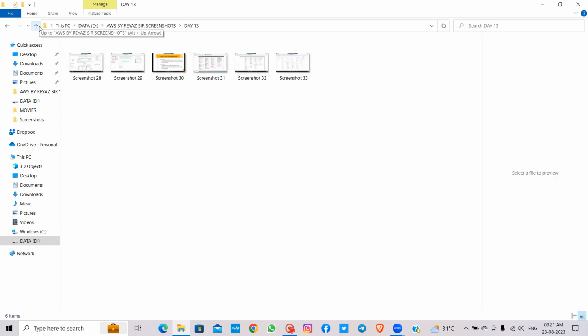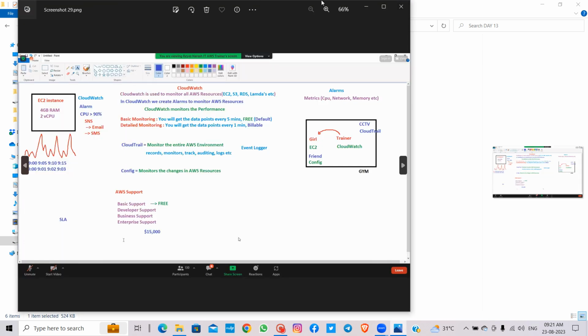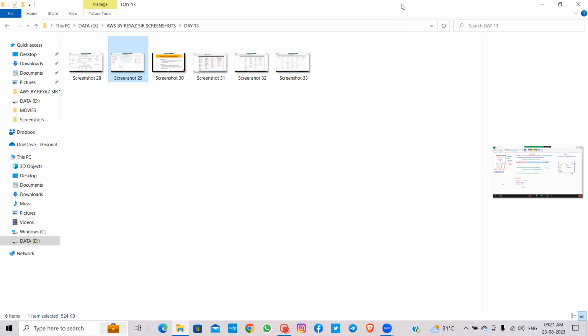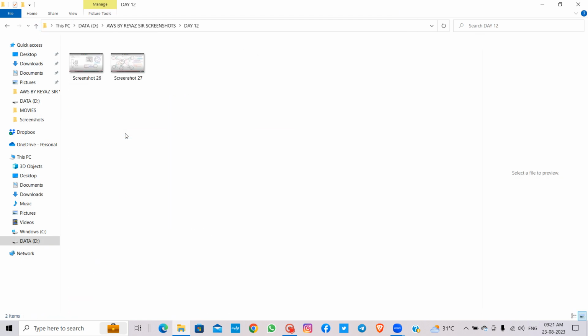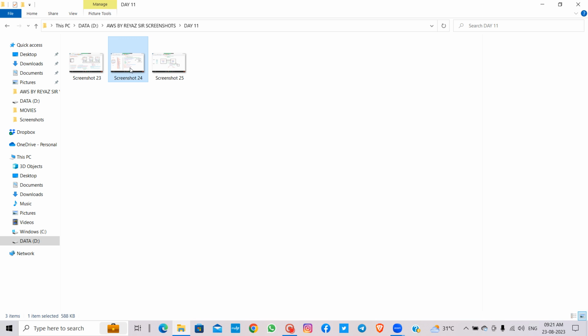So, is it possible to RDP SSH to this engine? No, it is not a server for us. It's a service. RDS is like a platform as a service. So do you need to worry about the server in the platform as a service? Do you have a control on the server in the platform service?